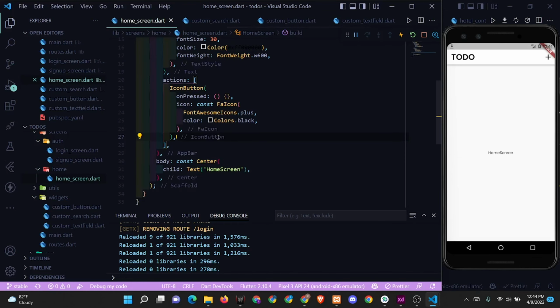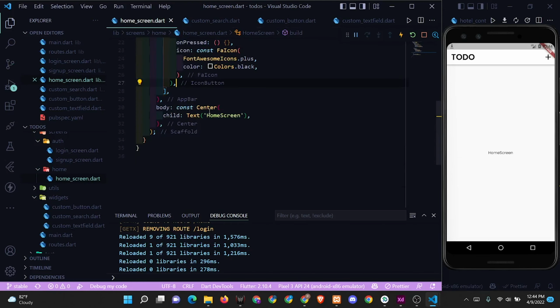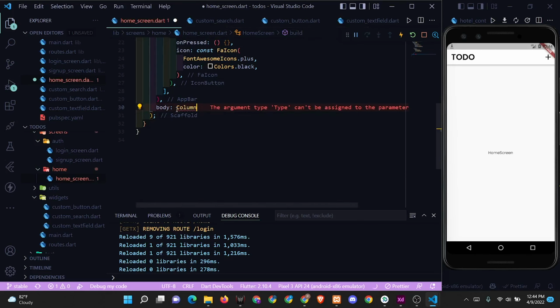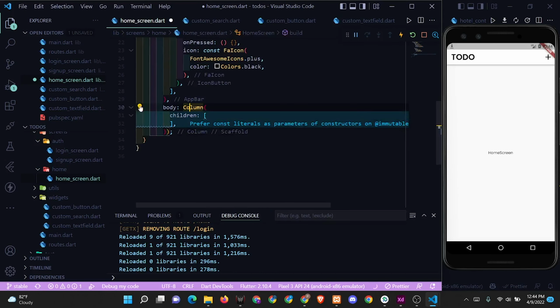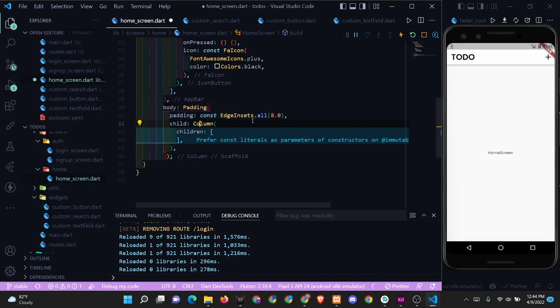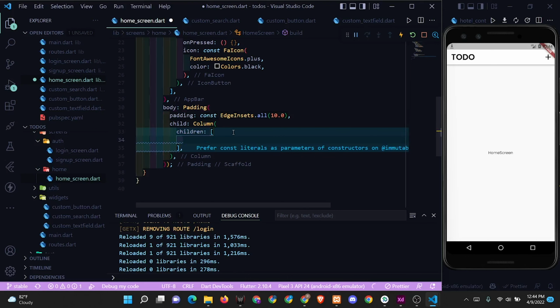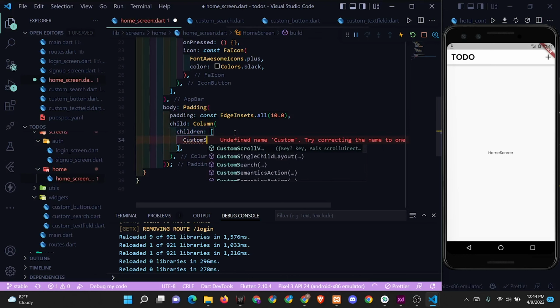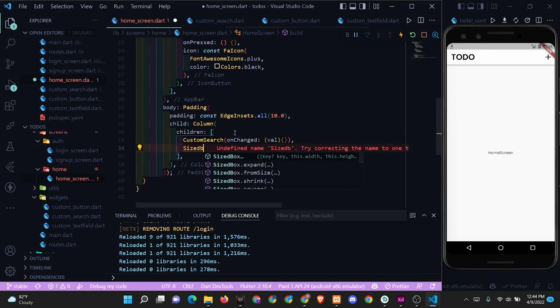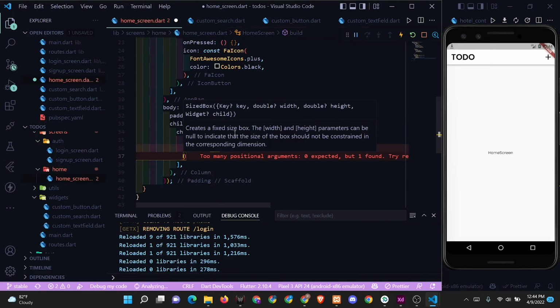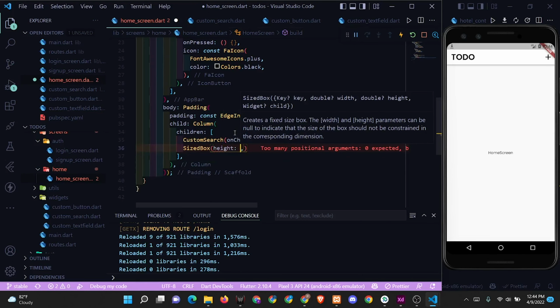I'll go to the home screen. So in the home screen, I will write column children. So let's give some padding to the column. For that, padding and 10. So here I will have our custom search. So on changed, I'll take a value and do nothing for now. Size box of height 30,